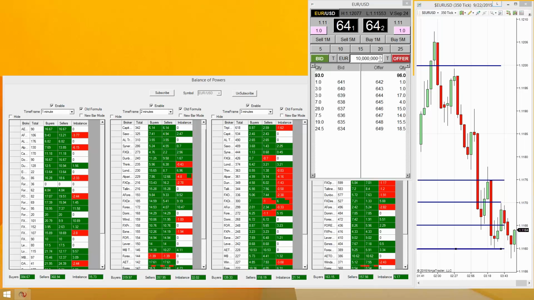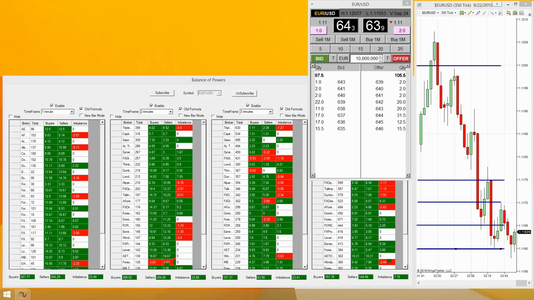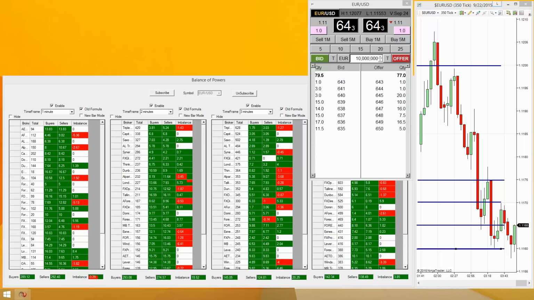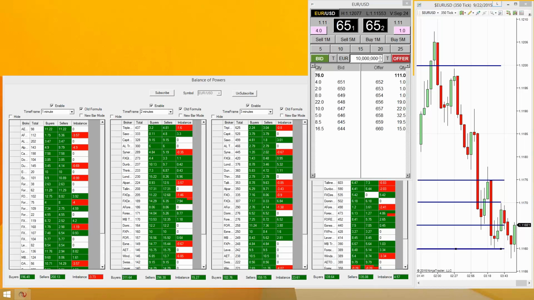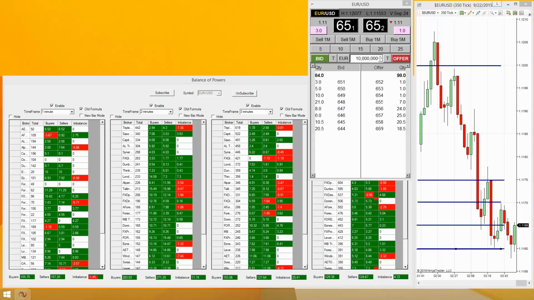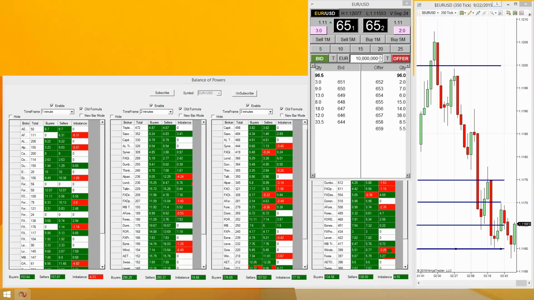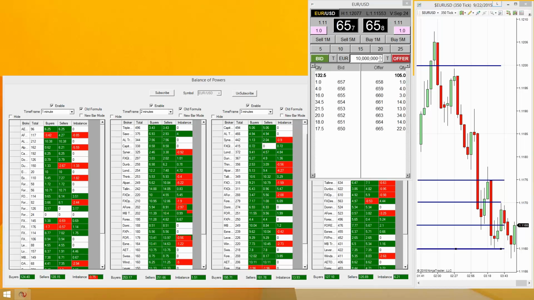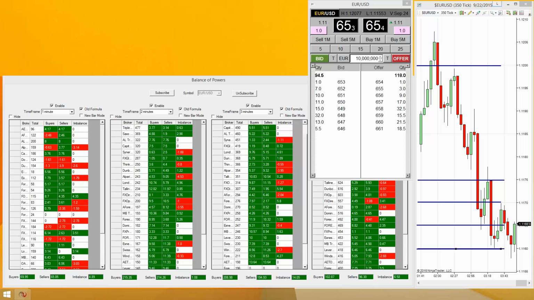Your edge is, let's break this down. Trading is 80% psychological, 20% technical. That 20% is what you know about trading, the ins and outs: strategy, fundamentals, order flow, and so on, and money management. And out of that 20%, another 80% is money management, and 20% is technical or system.